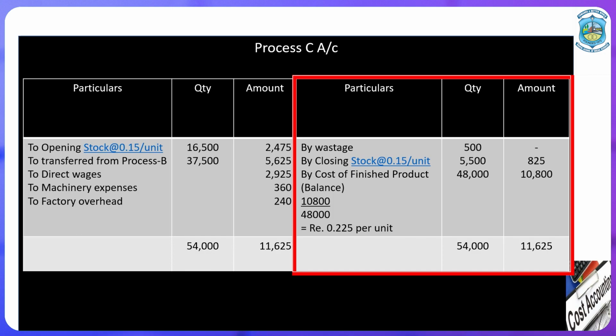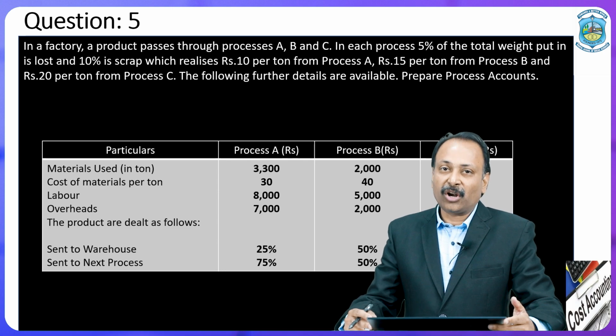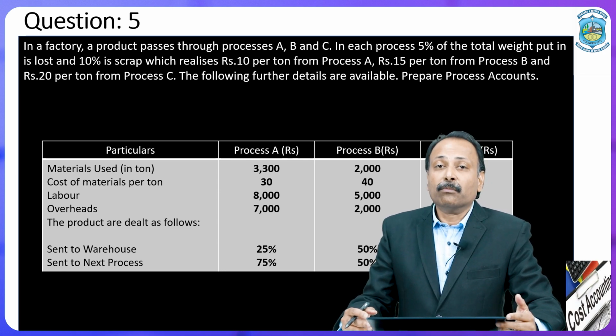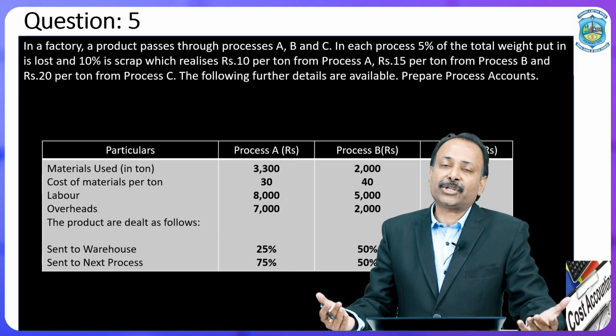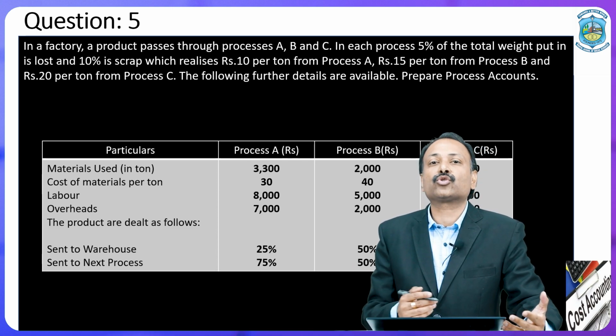process C. So, this is the case when we transfer the material from A to B, B to C. We add on all the expenditure, and at the same time we calculate the per unit cost. We are going to solve one more question to make it easier for us. When we solve more questions on process costing, you will be able to solve different